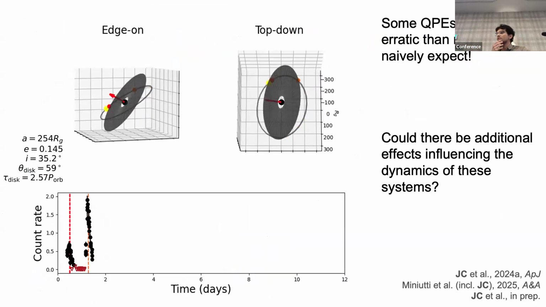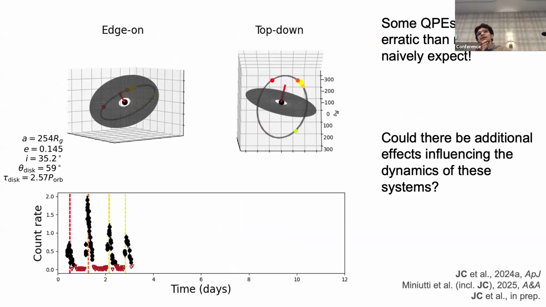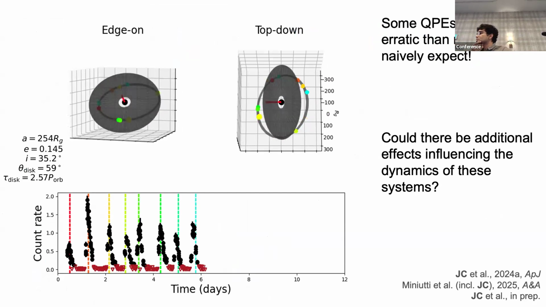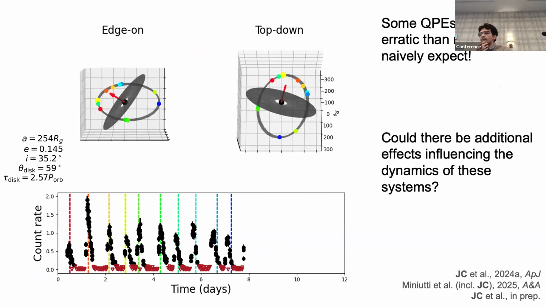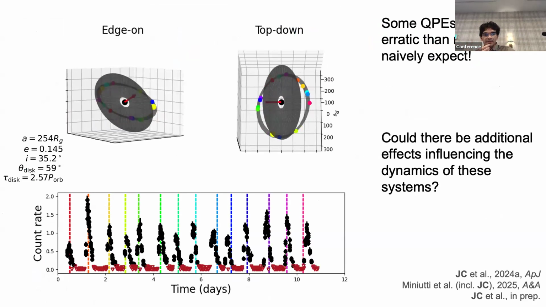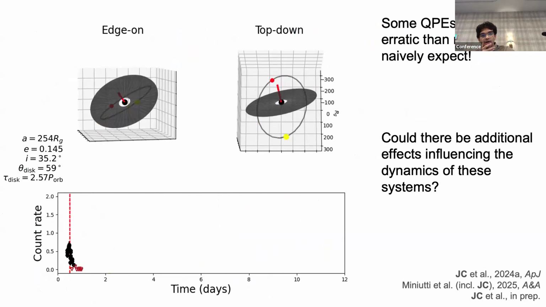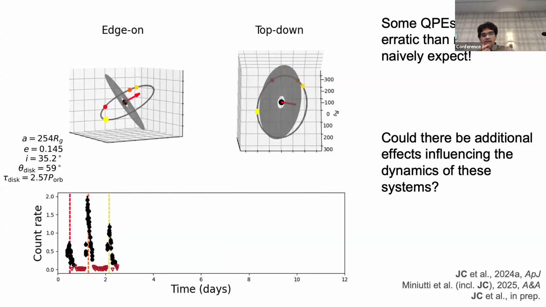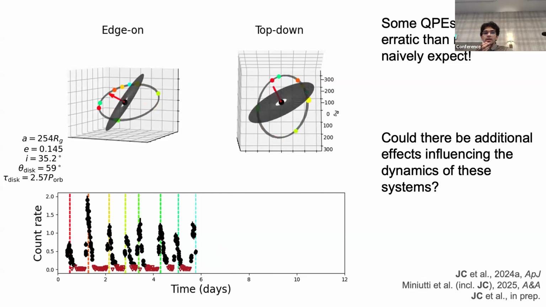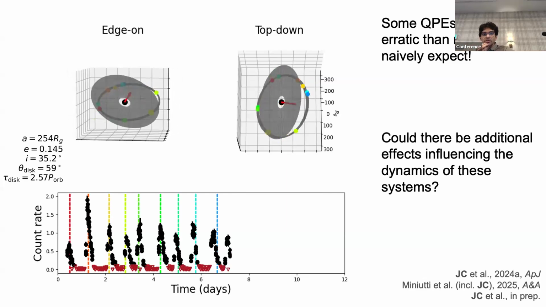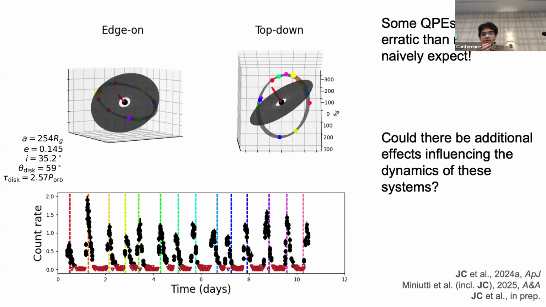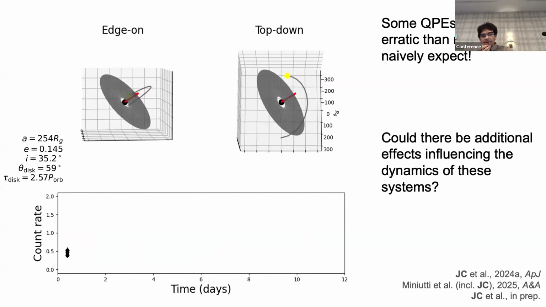The known QPEs appear to be messier or more complicated than would be predicted in this naive picture of a static in-plane accretion disk, which gives you an exquisite map of the apsidal precession. But by invoking a couple additional knobs, in this case by introducing a rigidly precessing accretion disk, which is a generic expectation in tidal disruption flares, we were able to reproduce some observed QPE timings, as you can see in the bottom panel here.